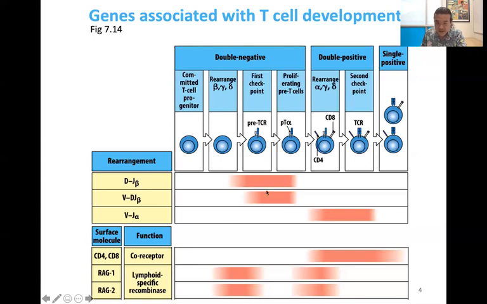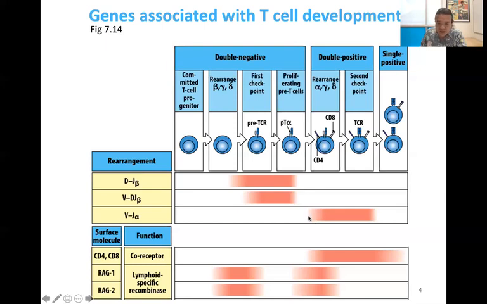And then once that's done, the RAG oven mitt sort of pauses. So the production of the RAG oven mitt kind of goes down because the cell wants to make sure, at this point, that it has an opportunity to check that the beta chain looks good, right? So remember, it does that by doing a little quality control check. It has this little gray pT alpha protein that binds up with the beta chain of the pre-TCR that's forming, and makes sure that it's okay, right? So this pT alpha here checks it out. If that looks good, then you proceed with